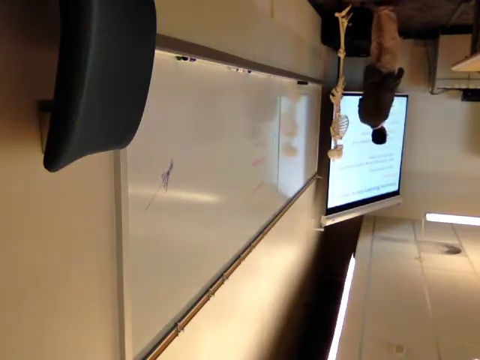Submucosa is formed by connective tissue and it contains the blood vessels, lymphatic vessels, lymphoid follicles and nerve plexus. So all those important structures are located in the submucosa. Lymphatic vessels, lymphoid follicles, blood vessels and nerves. Muscularis externa, now that thick muscular layer which will cause more powerful contraction. So muscularis externa,